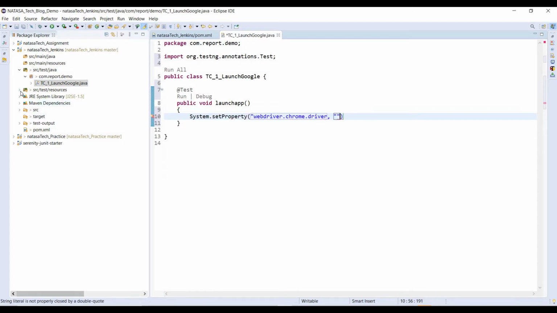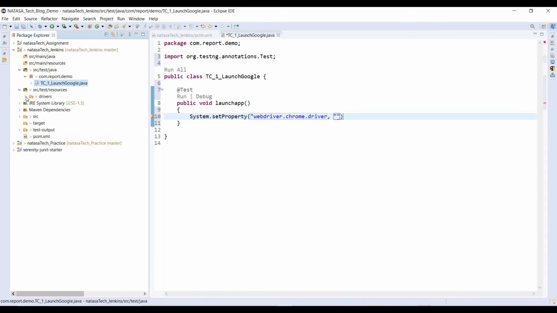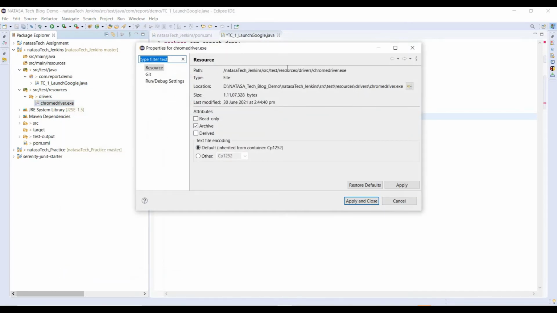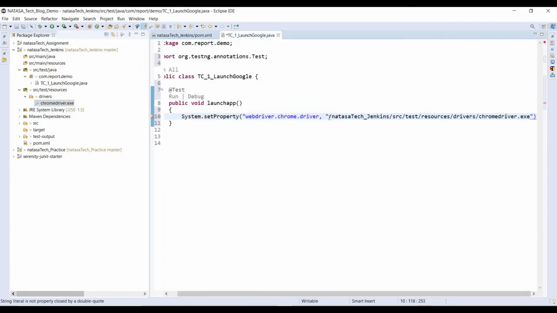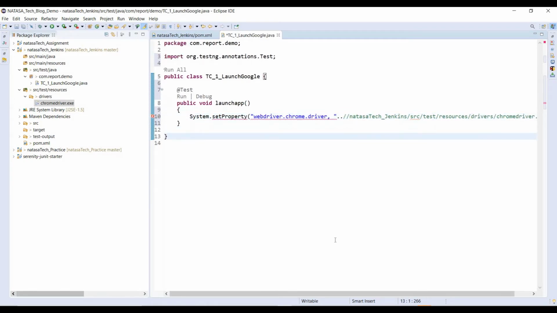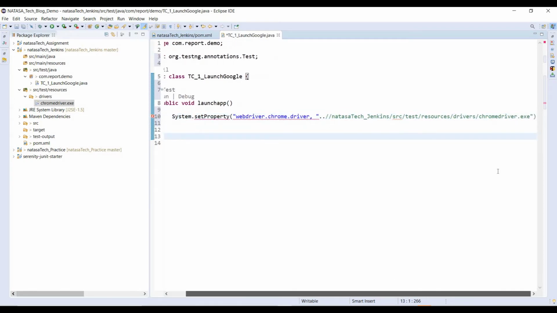I already placed the driver inside the resource folder. Under here you can find the drivers folder. You just right click on this chromedriver, go to properties. Here you have to take the relative path, click on cancel. You just paste it. Because this is a relative path, put double dot. At the end of this one, we add double quotes.